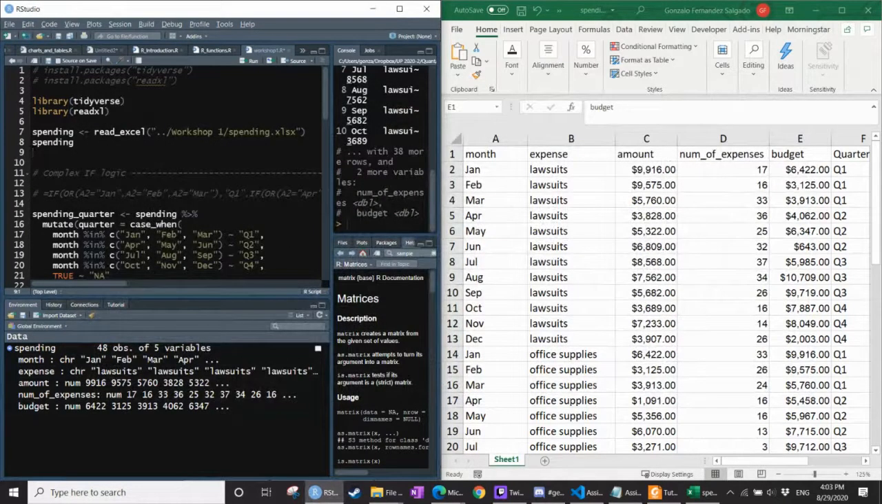Hold on. Headlines. Yeah, so it auto detects that the first row is the name of the variables. Yes. So basically,